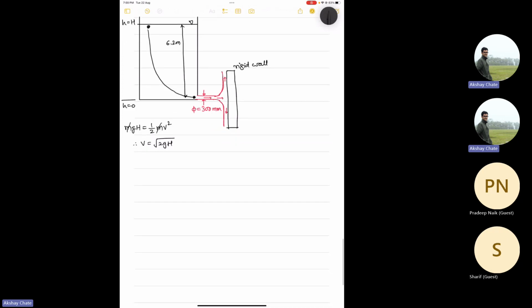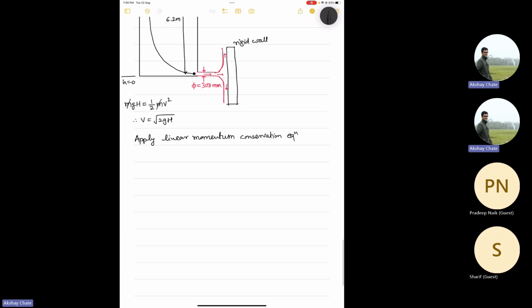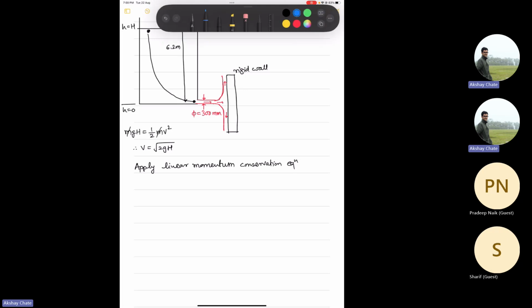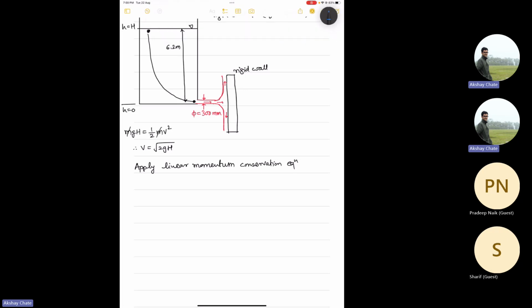So now, therefore, directly you can apply the linear momentum conservation equation. So now you need to take control volume, first step. So you can take this system as the control volume,